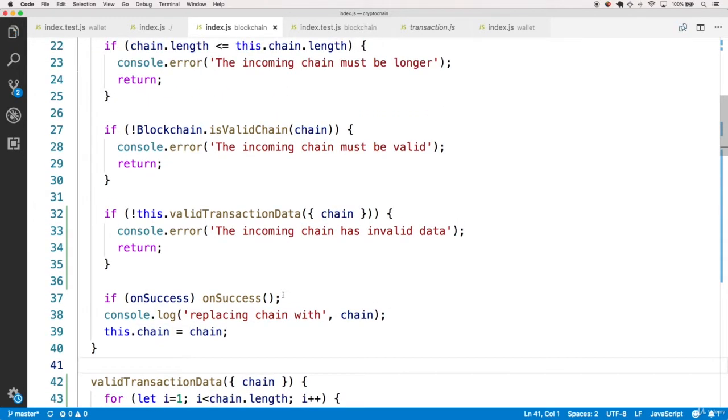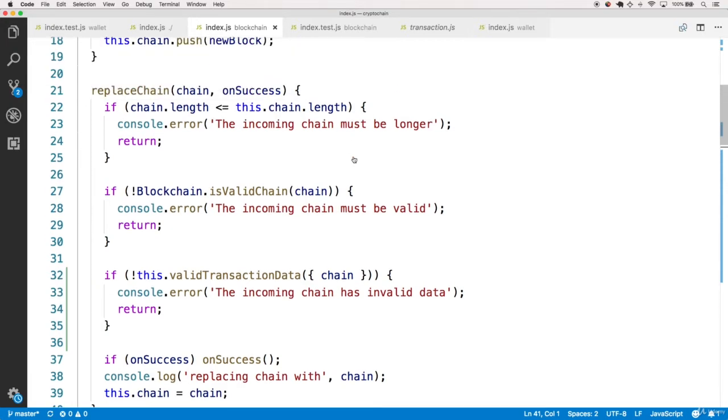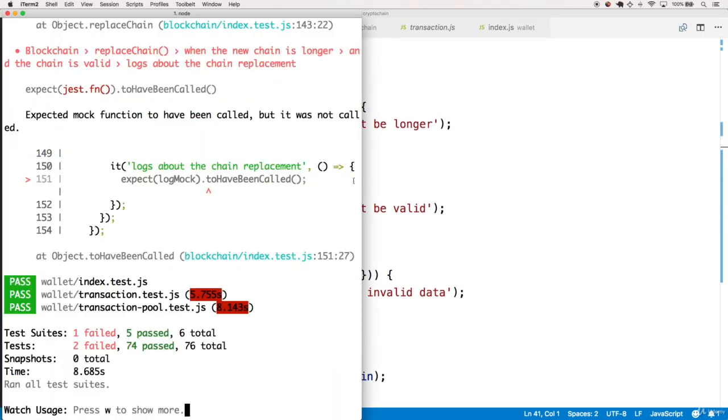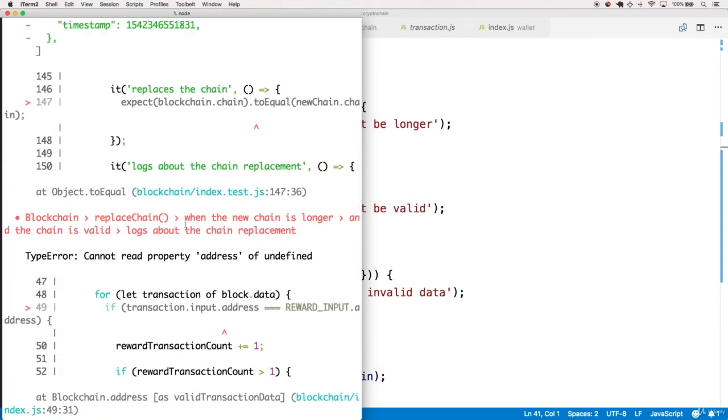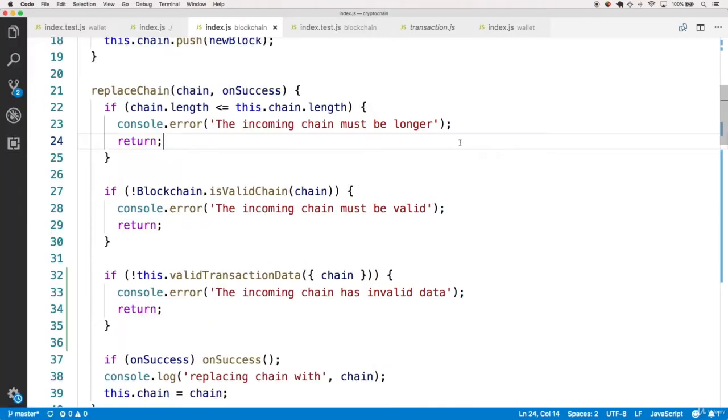All right, so with that, we've actually completed the overall backend. Pretty cool. The last thing we want to do is make sure that this change hasn't broken any existing behavior. And we can do that by running the overall test suite. So you'll find, if you have the test suite running in the background, that this does actually affect the replaceChain code. Now let's investigate by going to the